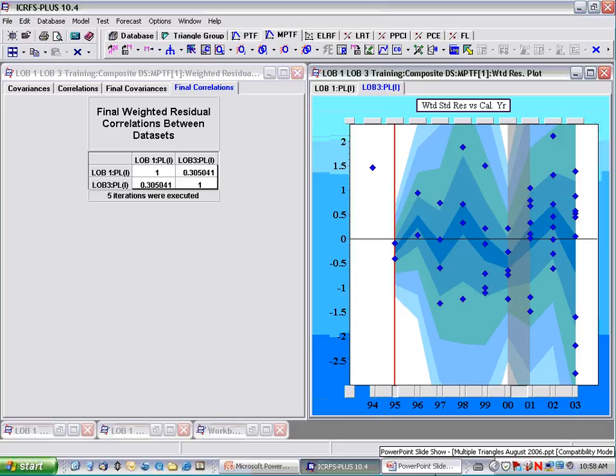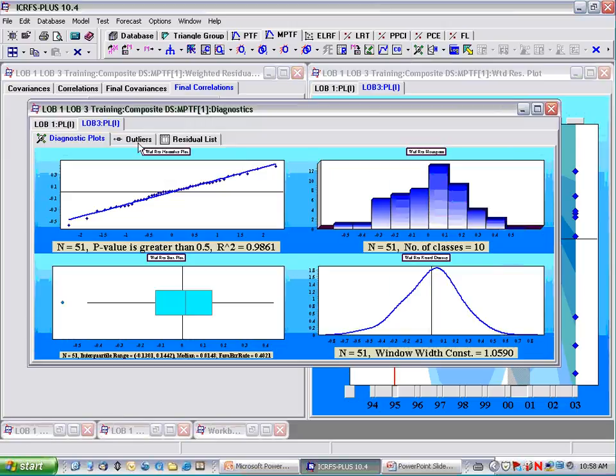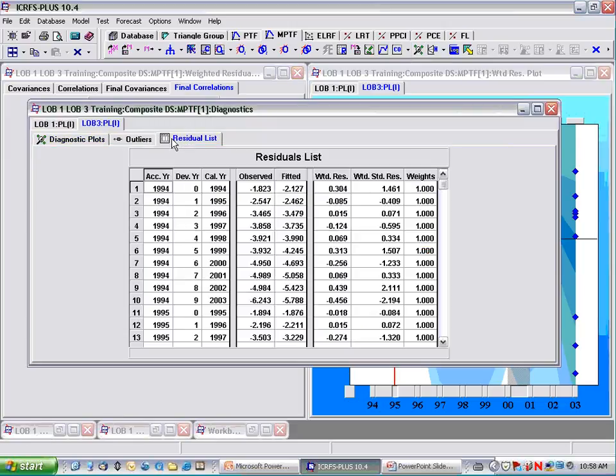In fact, if you put those residuals, take a hard copy of them, which you can from the system. You can go to diagnostic displays. Remember the diagnostic display, the sort of magnifying glass with the 3 diamonds. You'll see there's a tab called Residual List. So you have a hard copy of the weighted standardized residuals, both for LRB1, click on the tab, LRB1, and also LRB3. If you close the diagnostics,